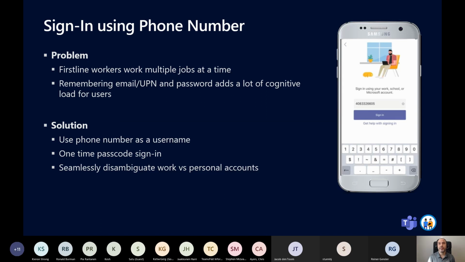If you have a phone number, you can set it up so that every time you want to log in, you provide your phone number, and it sends you a one-time password to log in to that device. Once you've used it, the next time you're going to get a different password. So that allows you easier access to the device when you need to, and you don't get bogged down with remembering passwords.